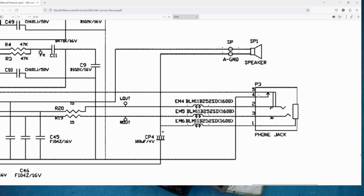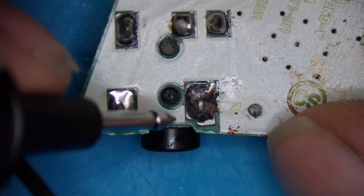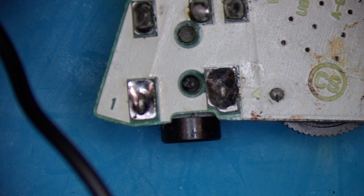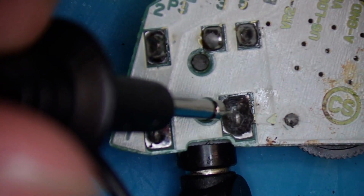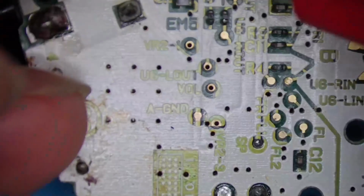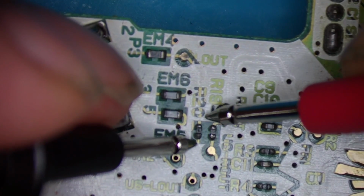So if this is the headphone jack, 4 and 5 appear to be the switch. So 4 and 5 look like they're the switch. Continuity, yes. So if I put a jack in, I should lose continuity between 4 and 5. And I do. Yep. The headphone jack seems to be working correctly. There's some filters around here. These filters test fine, but these R19 and R20